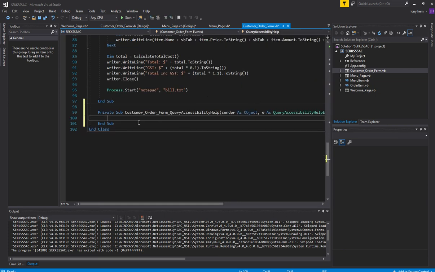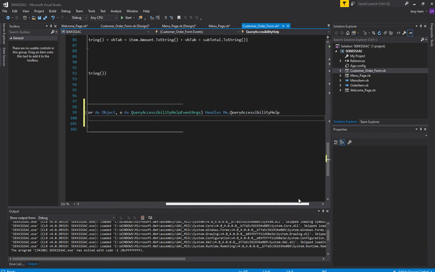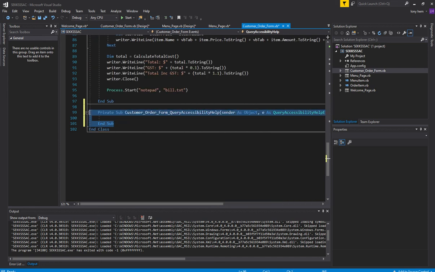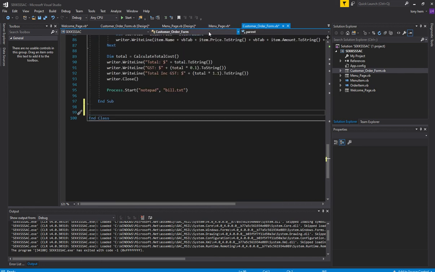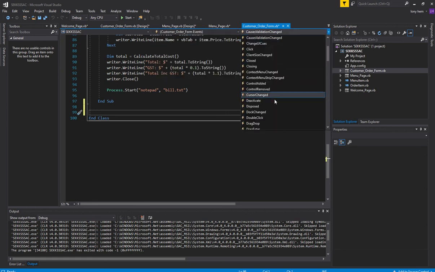Let's do shown. See if it's shown. Oh, wrong one. So what I'm trying to do is add an event here where, when it either gets focused or is shown, which is here,